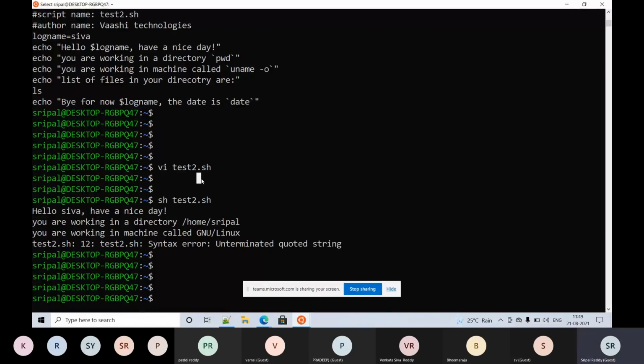Okay, so let's look at some pros and cons of shell scripting. Every program, be it Java, C, Python, or C++, any program for that matter, has both limitations and advantages.